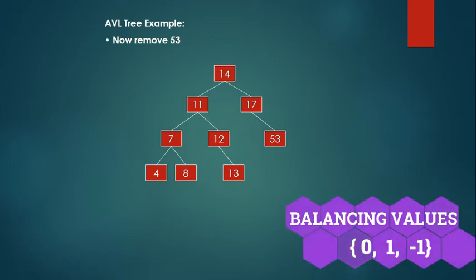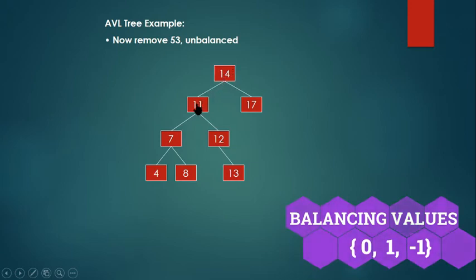So now let's see how to remove an element. I am going to remove 53 here. If I remove 53, now check what happens with the balancing factor. 3 minus 1, I get minus 2. You may be asking, here we have 3 options. Either I can go first 11, 7, 4, or 11, 7, 8, or 11, 12, 13. So with this 14, any one height should be considered. And please remember, always try to take the easiest path.